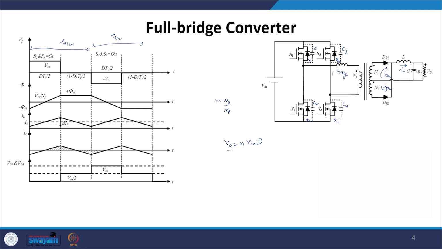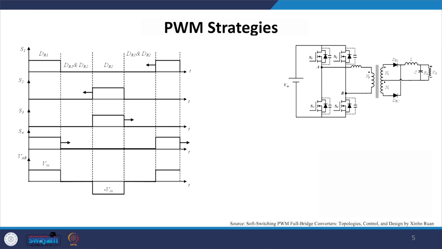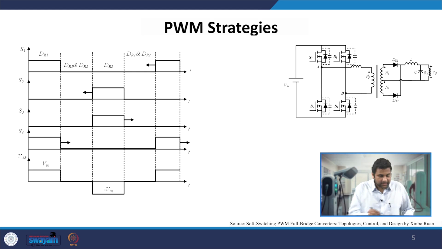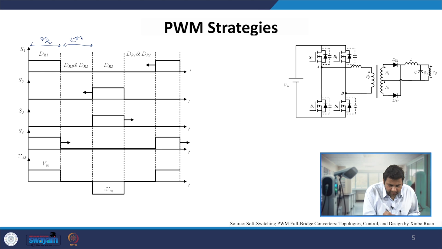Along with that, we can also adjust the turning on or turning off instances of switches S1 and S2 in the first leg and S3 and S4 in the second leg. And this will have some advantages, like we will achieve soft switching of this converter, and accordingly we can ensure our operations. So let us see what are the different possibilities of modulation strategies. Now if you look very carefully in this circuit, this is nothing but our dTs by 2 period, and this is nothing but our (1 minus d)Ts by 2 period.